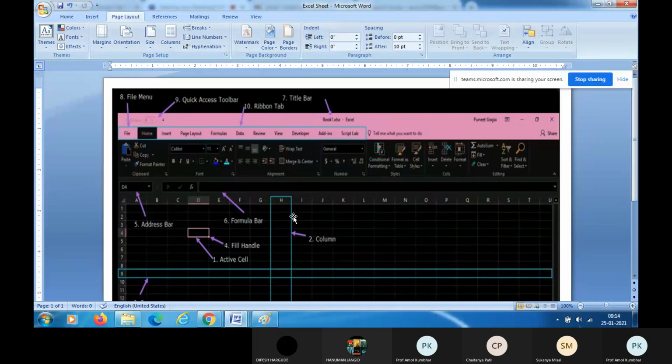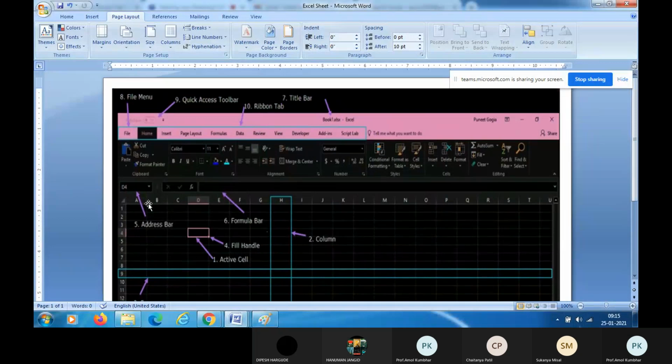When we consider an active Excel sheet, an active worksheet, this is your first component, the active cell. It is an individual cell on the worksheet in which we are going to perform some task.